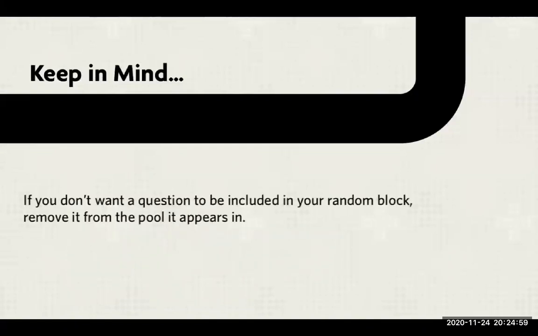So that is a really important point. If you don't want a question to be included in your random block, you cannot delete it. That is not possible. So keep that in mind while creating a random block. But one more thing that is important, that